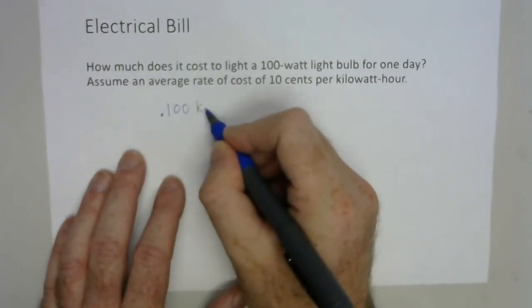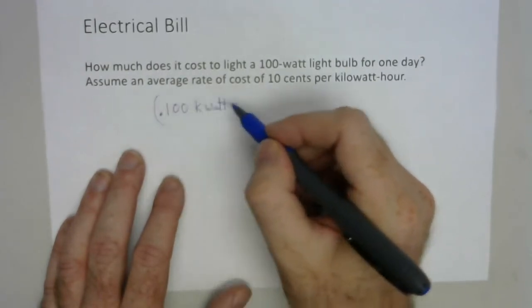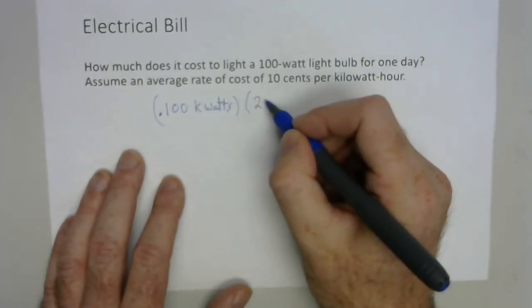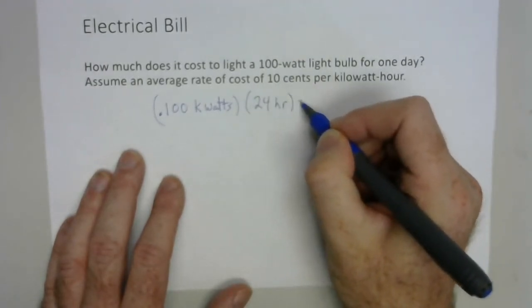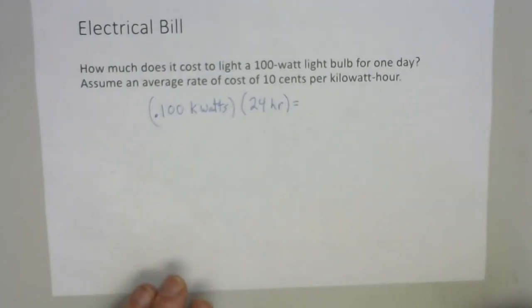0.100 kilowatts. And then if we want to run it for 1 day, that's 24 hours, because kilowatt hours is how many kilowatts times the hour. So you're taking a power, multiplying it by time, and you're essentially getting an energy back. So doing that, you're essentially going to multiply 24 times 0.1, and then you'll get